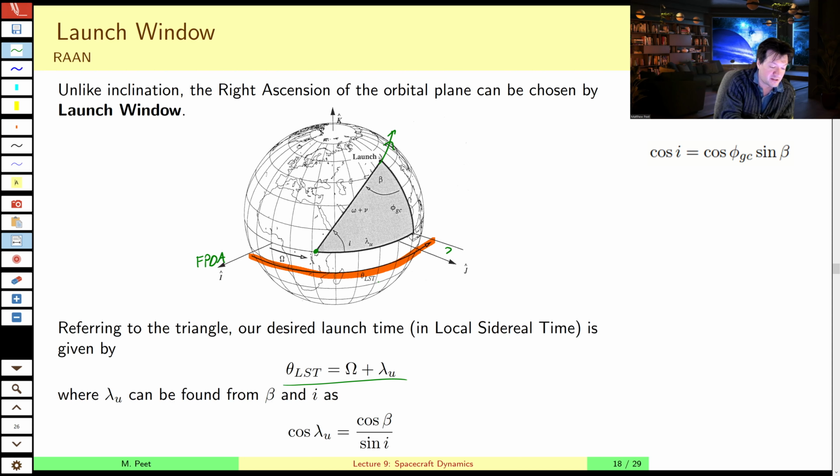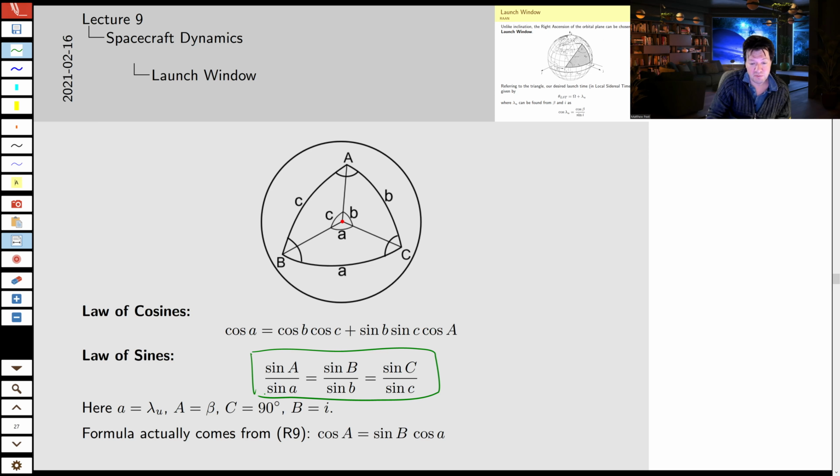Then we can figure out what this desired triangle is. Once we've got the triangle, remember we already have it because we have I, which is here. We've got that angle, we've got that angle, and we've got this arc. So the triangle is all perfectly well defined already. All we need to do is figure out what this is, and then figure out our corresponding local sidereal time. So again, using Napier's rules, or you can use the law of sines and cosines for spherical trigonometry, which we're going to come back to in part D of this lecture when we're talking about plane changes. But in any case,